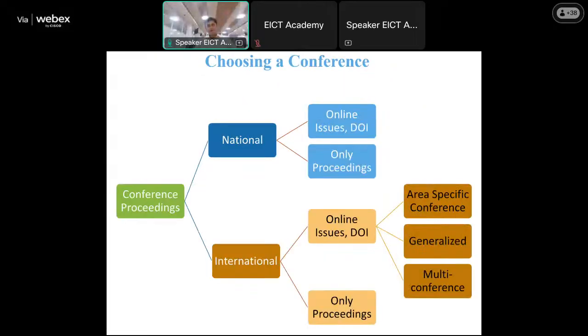Okay, now I will talk about a conference. What do you mean by a conference proceeding? As I said, a conference can be national or international. Whenever you consider any particular conference, the important parameter you need to understand is the DOI. DOI stands for digital